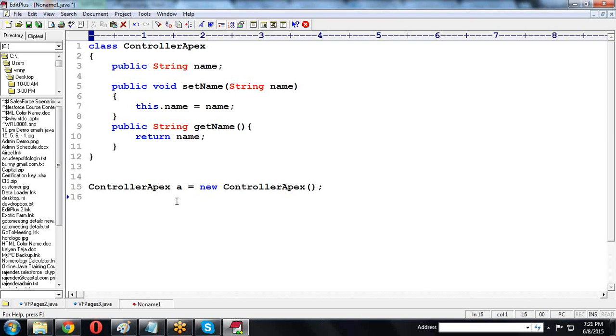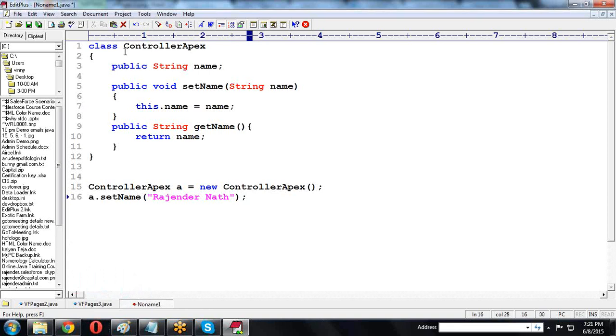After creating, if you want to pass the data, how to pass the data? a dot setName of Rajender Nath, I am passing. This is the name being passed.